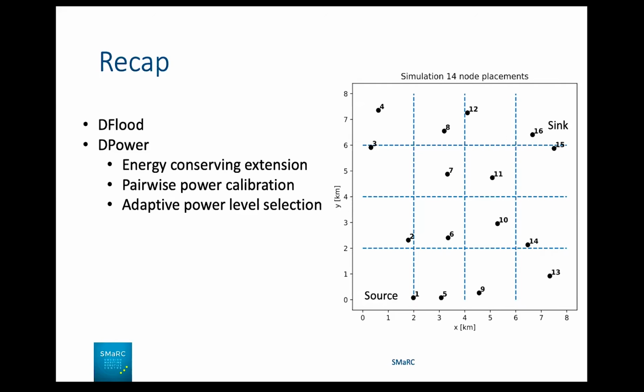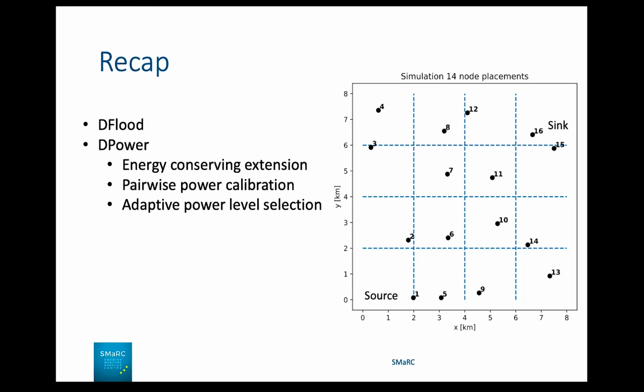And to communicate, to send information across this network, we use this DFlood forwarding protocol that will handle the forwarding of messages in the network. So that's our backbone. However, DFlood alone can be quite